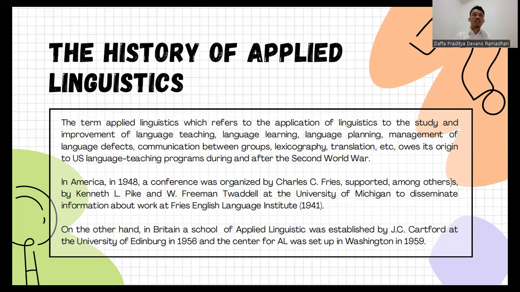So to refer to the previous statement that I made, as applied linguistics appeared to be something central in language learning or in the linguistics context in general, the Center for Applied Linguistics was set up in Washington as a platform for people who would like to know more about applied linguistics and have a better, more comprehensive understanding of applied linguistics itself, in Washington in 1959.